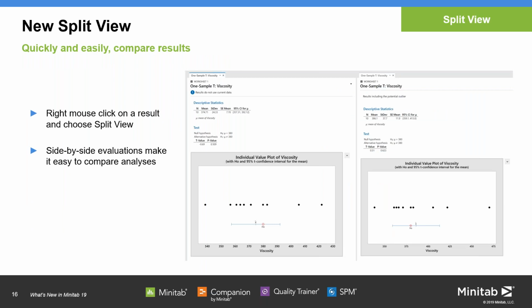Another key improvement in Release 19 is the new Split View option. So when you're looking at results in previous releases of Minitab in the session window, if you wanted to do a side-by-side model comparison, it was a little bit difficult. You'd have to look up one set of results, copy and maybe paste them over into Word, then scroll up and down the session window to find the second set of results and maybe line them up to compare side by side. Well, now in Release 19, simply right mouse click on the output in the Navigator pane and choose